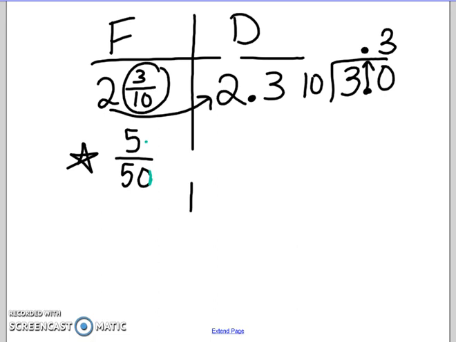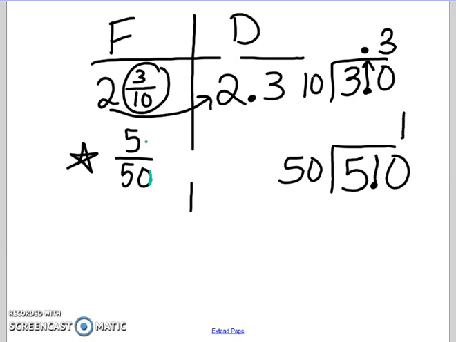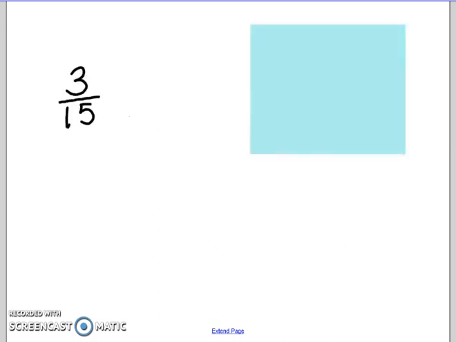Okay, so as instructions, you take the numerator and you divide it by the denominator. Okay, 50 goes into 5, no times. So we have to add a decimal and a 0. 50 goes into 50, 1 time, perfectly. You bring your decimal up. And it's 1/10. Okay? So now it's time for me to give you a little fun